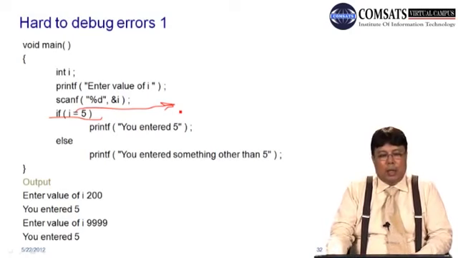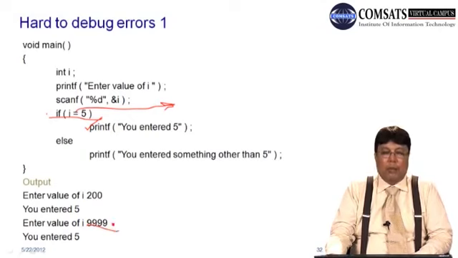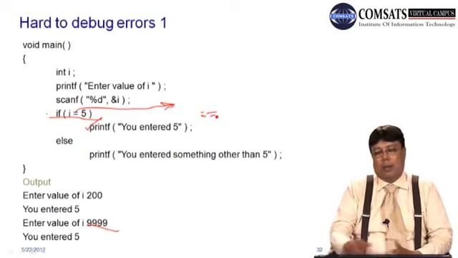So it means that the result of this if statement is true, and the control comes up here and it will print you entered 5. It will not behave like this otherwise. Similarly, if you enter 9999 four times, yet it will say 5. Why? कि आपने यहाँ पर इक्वालिटी ऑपरेटर्स की बजाय,